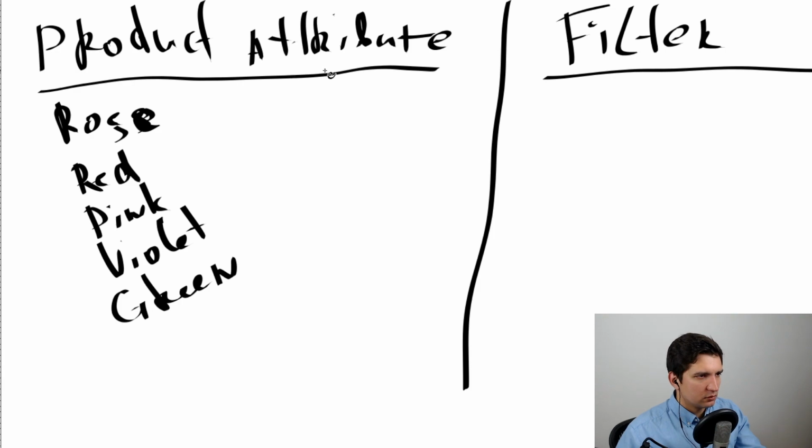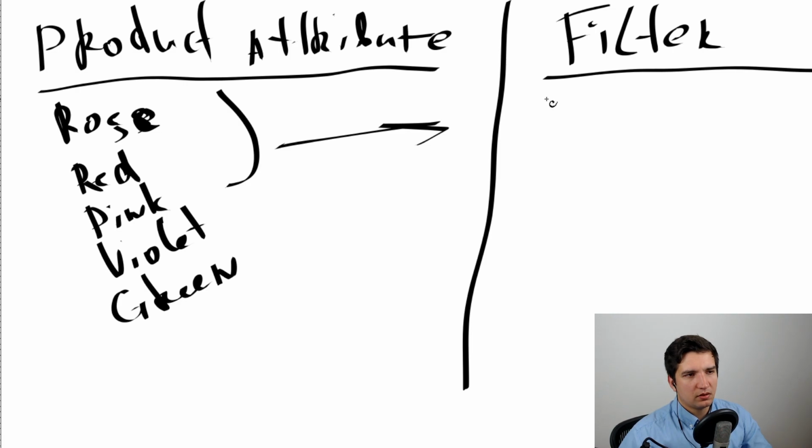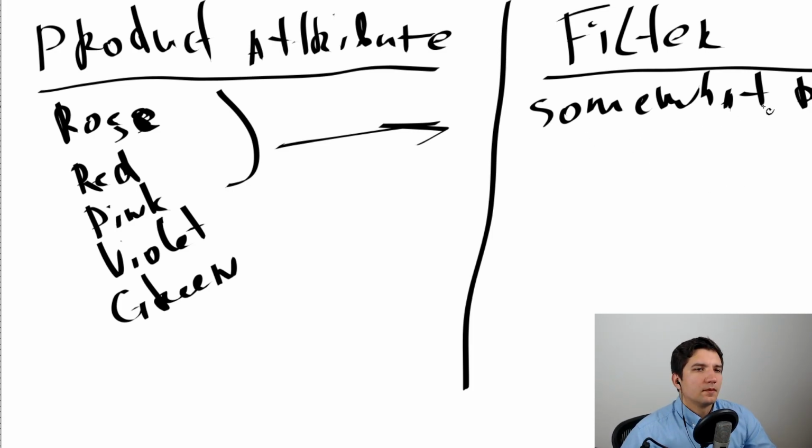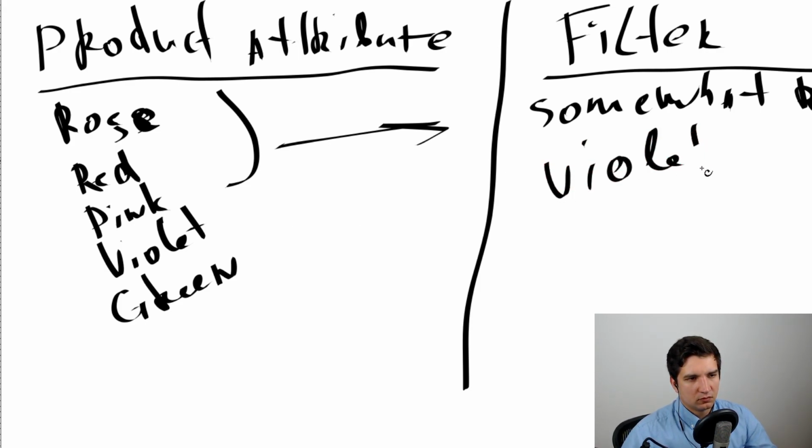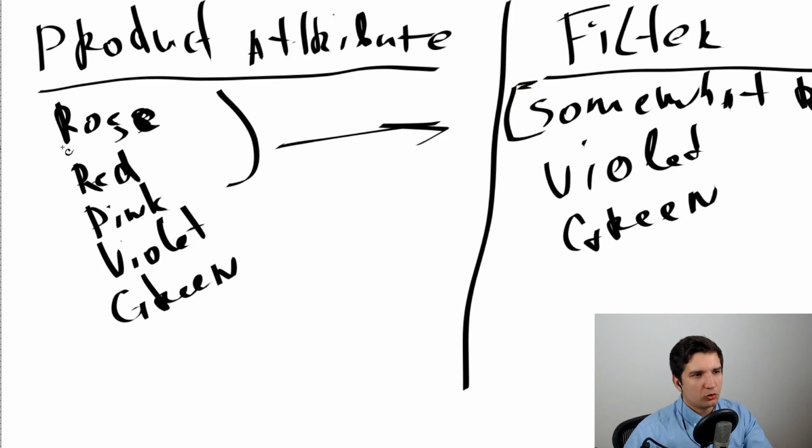So let's say I want to have rose and pink be somewhat red as a filter option, then violet, and then green. And when I choose this filter, it will show me the products that have all of these